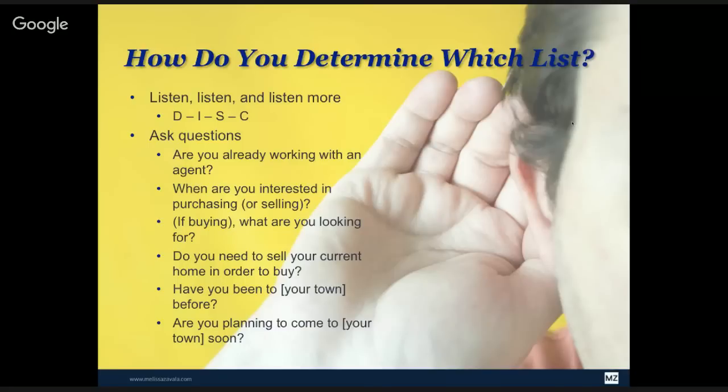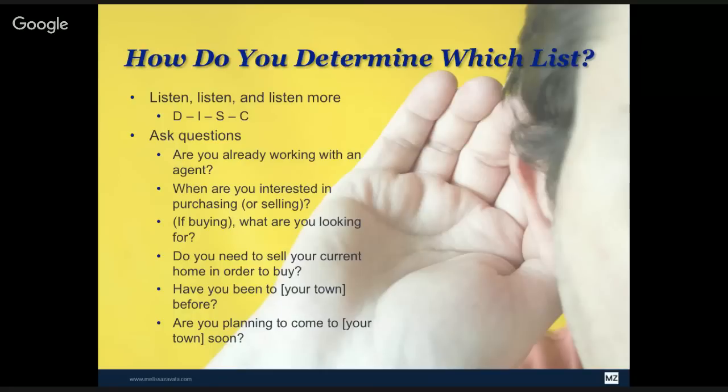I'll be honest, I've got a kid who's 18 now. That's my youngest one. My husband and I are going to be moving in the next couple of years. I do not want to be near a school anymore because I don't want to hear the bells all day. But when the kids are younger, I didn't mind that. So I'm in a different position in my life. Those are the kind of things you're going to want to listen to.